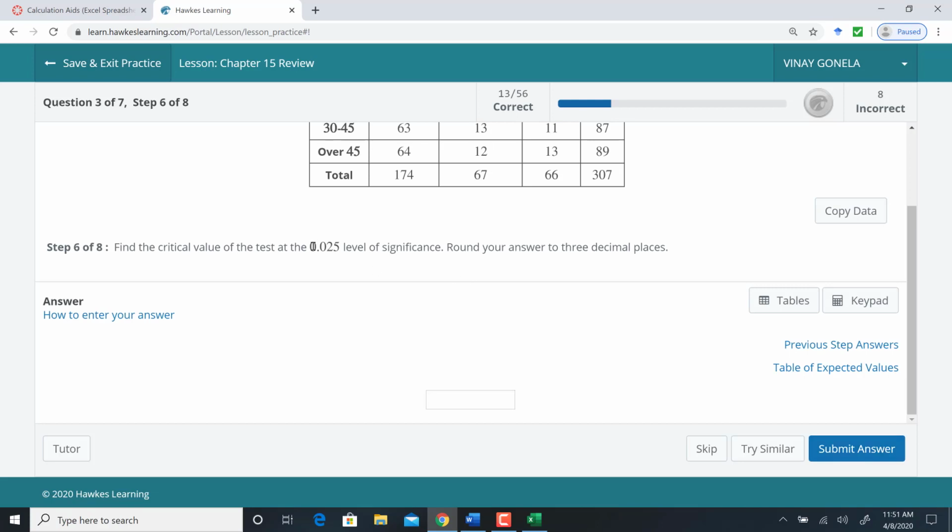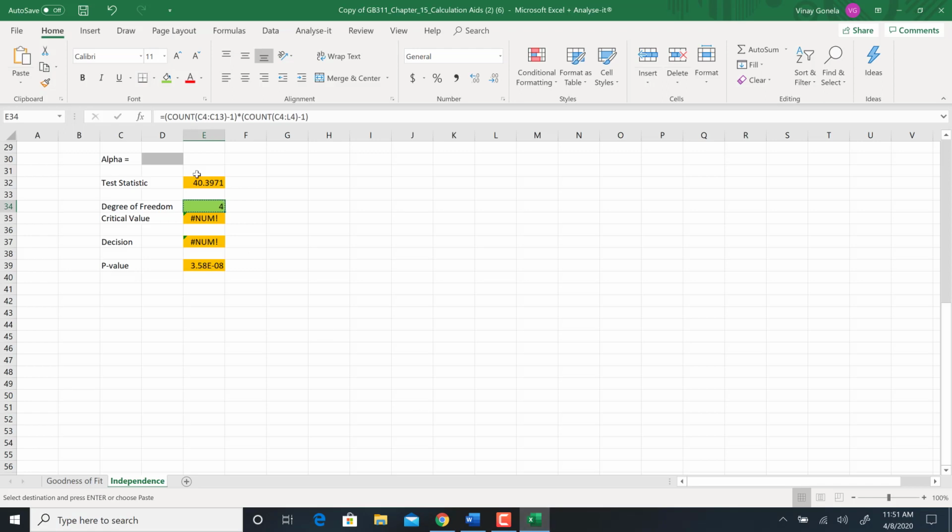And then find the critical value at 0.025. So I have to type in 0.025 in the alpha place. So the critical value would be 11.14. So that is this cell. So I will copy that,